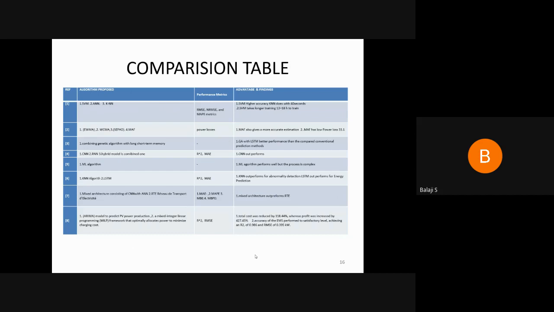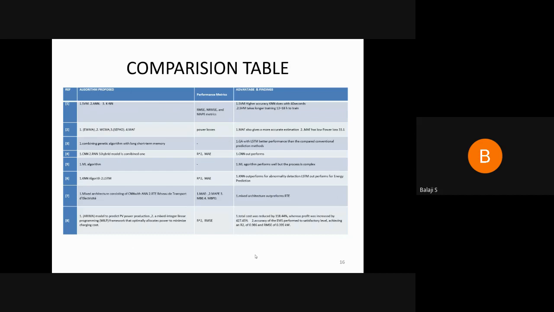The algorithm performs well, but the process was a little bit complex. Reference 6 includes KNN and LSTM. KNN performed well in finding abnormalities, and KNN and LSTM were implemented here for classifying normal usage and abnormal usage. LSTM outperformed